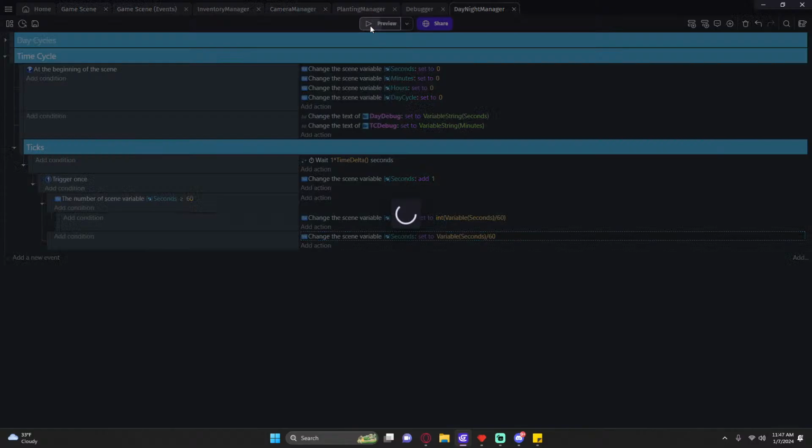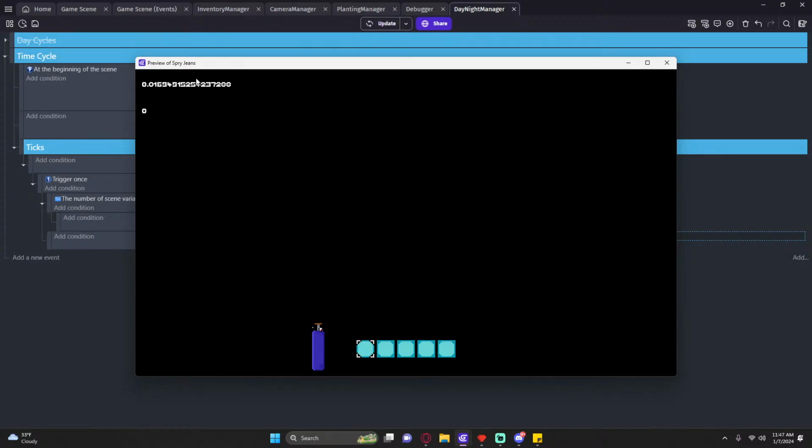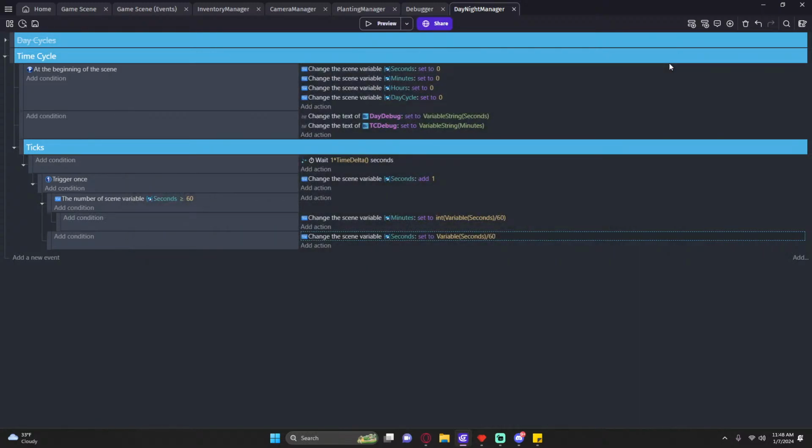So it doesn't have to be a full number, right? Keep only the remaining seconds from 0 to... the scene variable seconds needs to be set to